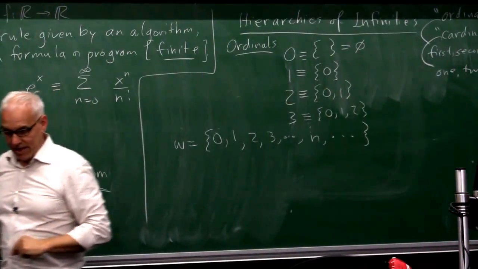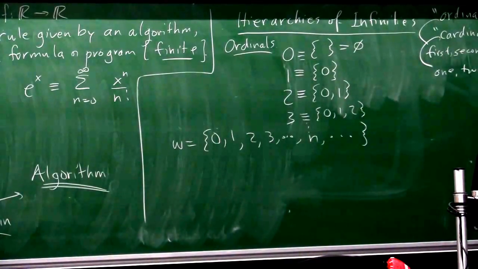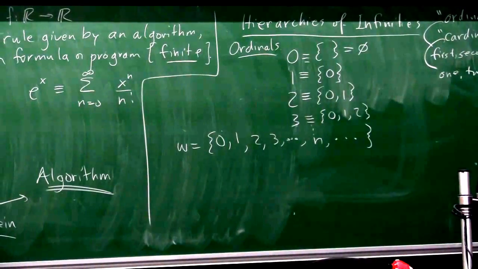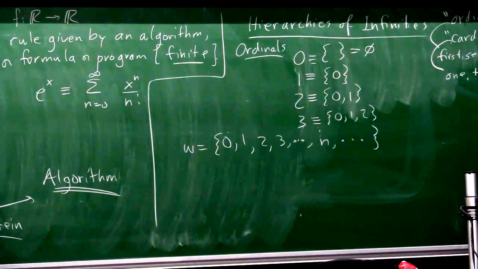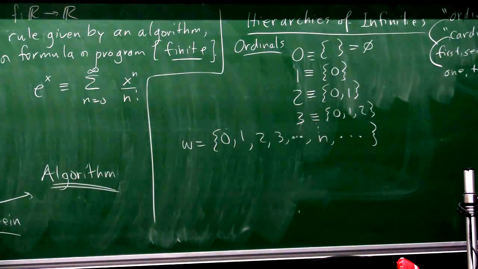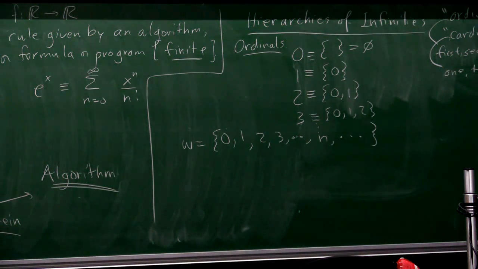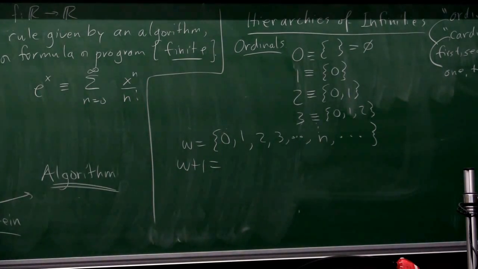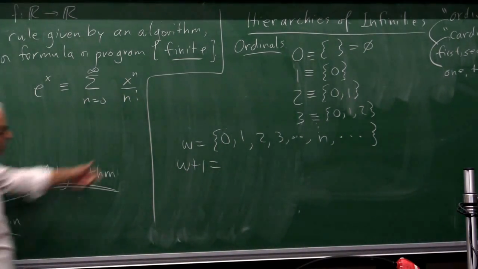I agree with the ancient Greeks that such things are not allowed. In fact, a lot of mathematicians prior to Cantor's time did not believe that it should be allowed. A lot of Cantor's contemporaries believed that it was not allowed. But Cantor insisted, and there was an interesting theory. He said, well, we can go further. Why don't we take the next one? How do we take the next one?